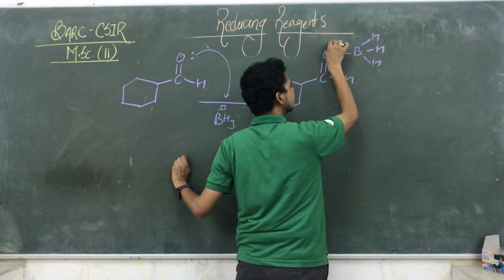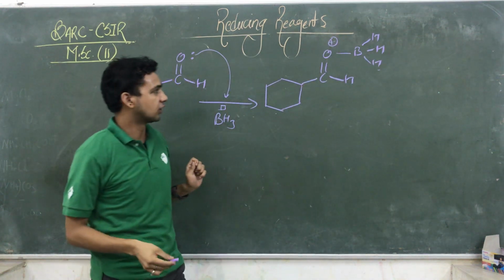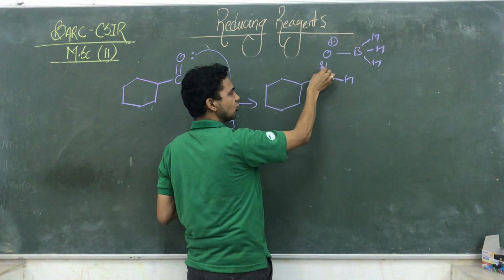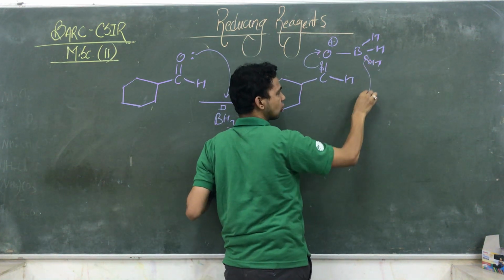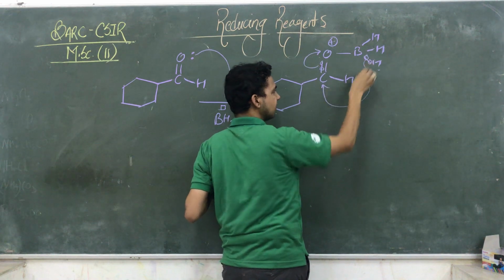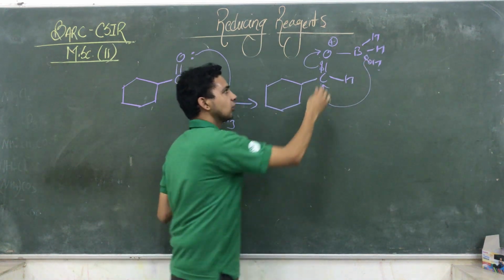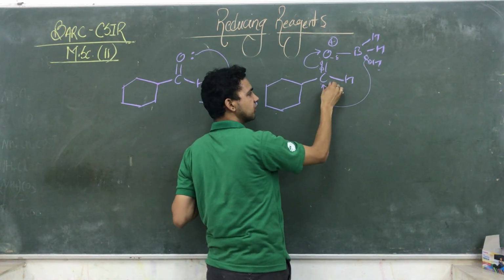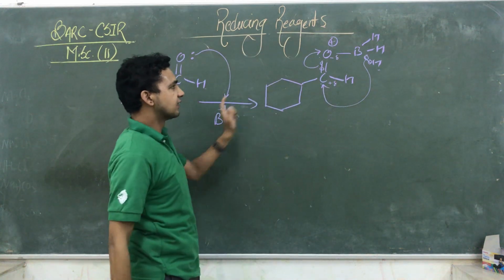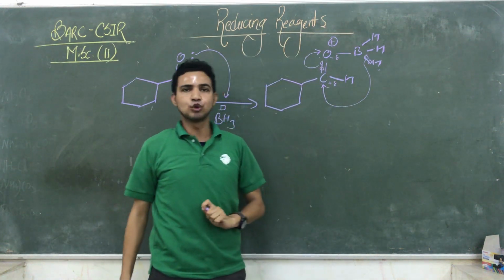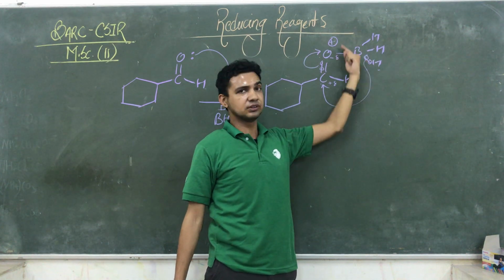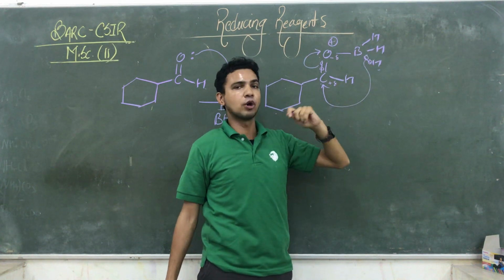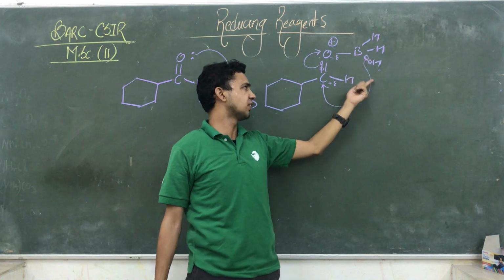Okay, so oxygen is carrying positive charge. This lone pair of electrons is moving toward this oxygen. At the same time, H takes its electron pair in the form of a hydride, a negative charge, and attacks this carbon, because oxygen is partially negative and carbon is partially positive. That's why BH3 behaves like a nucleophile, because it is both an electrophile and a nucleophile. When the boron has 4 bonds, it behaves like a nucleophile because it is giving H negative ions.